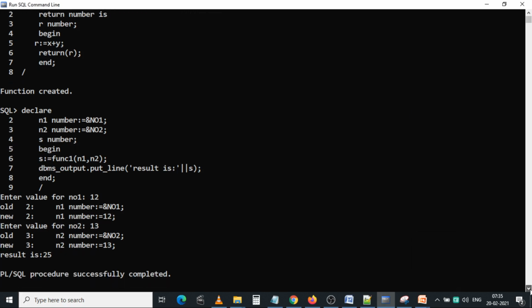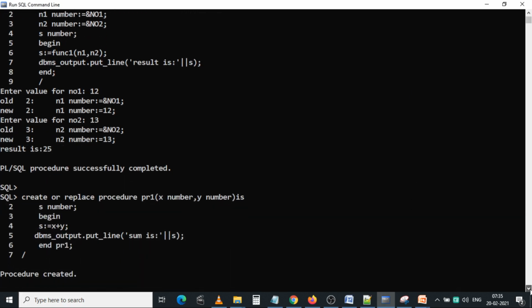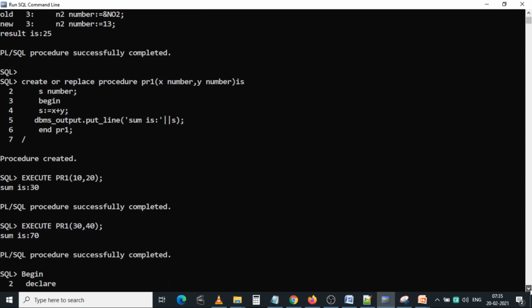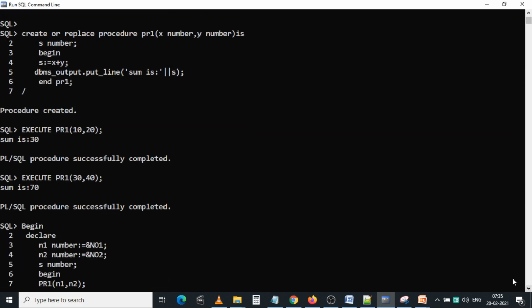Next, I want to create one procedure PR1 for the same addition of two numbers. It's a procedure.